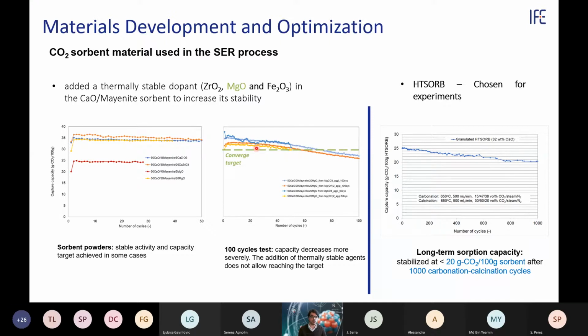But when we need to do the particles in the size that we need for fluidization, this material becomes a bit unstable. And after 50 cycles, we start to have a decrease that was lower than the target that we need for CONVERGE, which was 30 grams of CO2 per 100 grams of materials. Because of that, we reached a point that we decided to go for our backup option, that was to